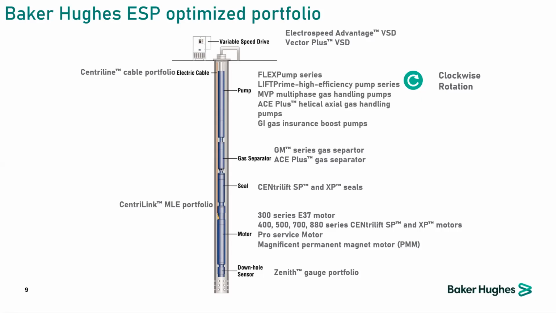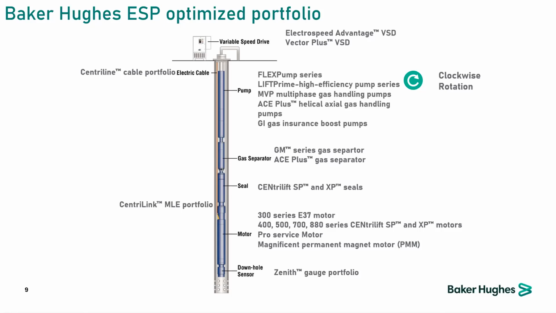So Baker Hughes has two types of surface equipment or VSD. One is called Electro Speed Advantage and the other is called Vector Plus. And then the power cable is called Centerline cable. And when we go through the pump, we have the Flex pump series and Lift Prime pump, and MVP, which is an abbreviation for multi-phase gas handling pump, and the S pump, S Plus, which is a gas handling device,